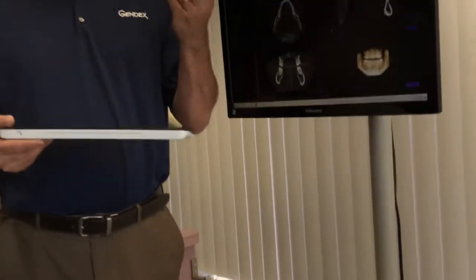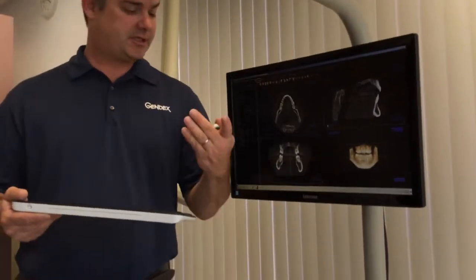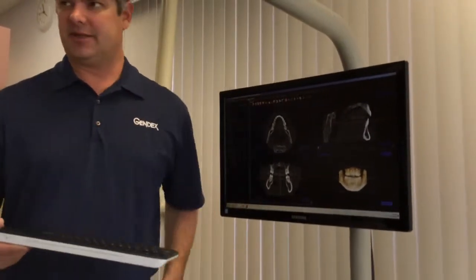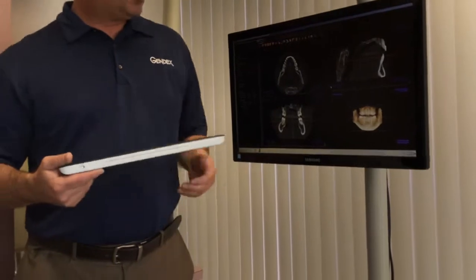You only need like a 2 gigabyte one. They don't need to be big ones. This one's a small one, yeah. Yeah, this one's 16 gig. I mean, it's more expensive, but